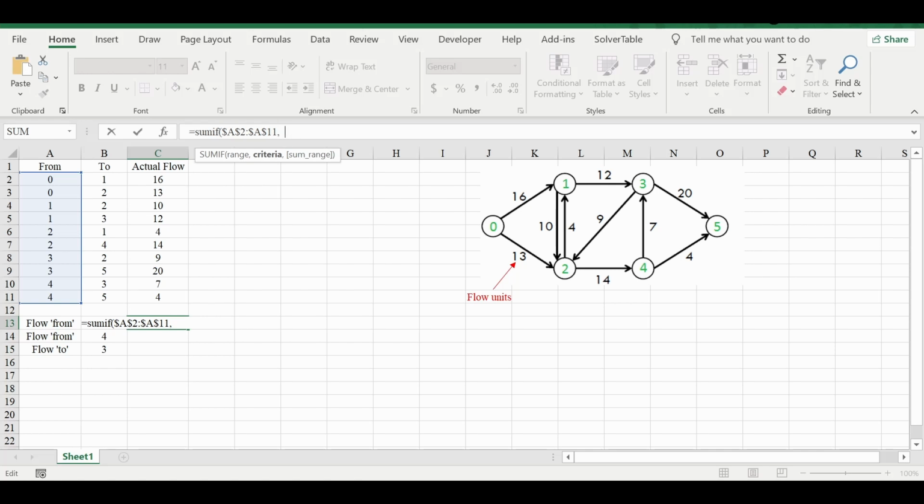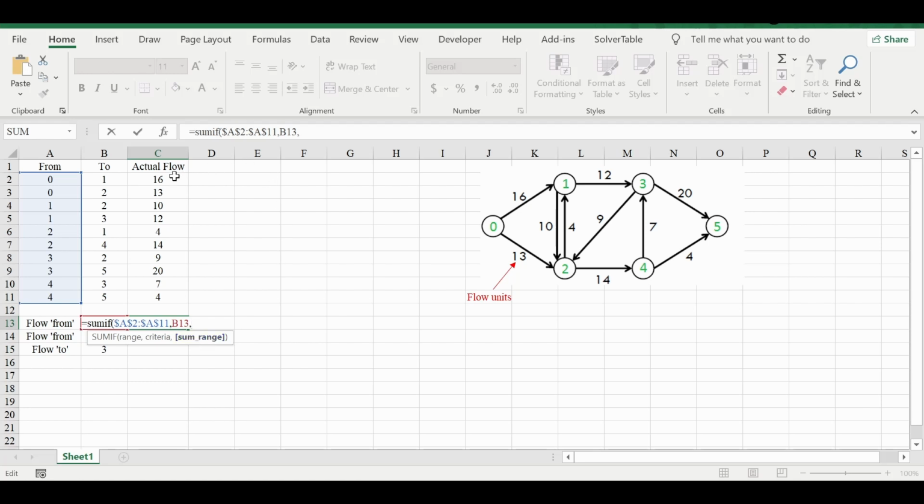So criteria is 2. Either you write 2 here or just give the location B13. The number 2 is there in B13. It is not visible due to this function, but otherwise it is there.